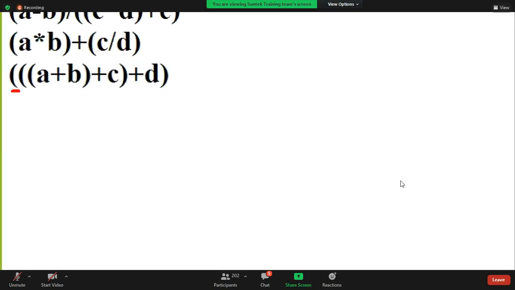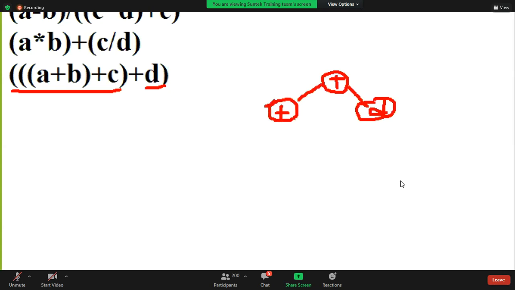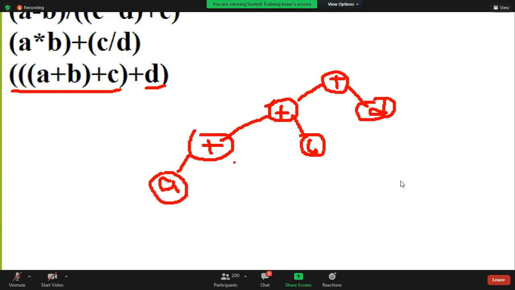Till here, one part, left part, this is the right part, plus right side d. Left side, again it comes to this plus, right side c. Left side a plus b, again plus, left side a, right side b.